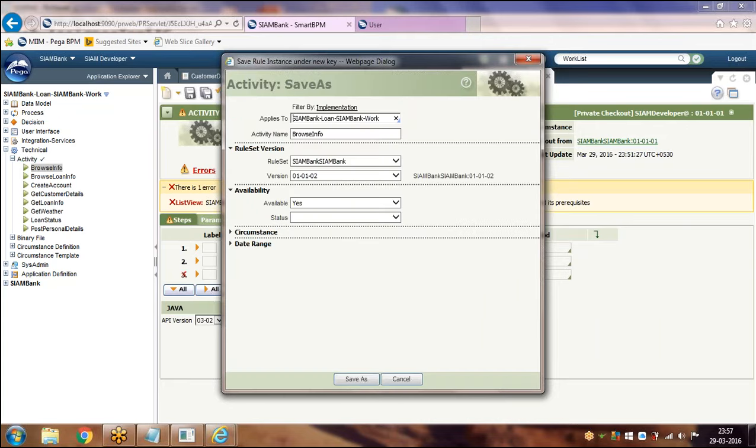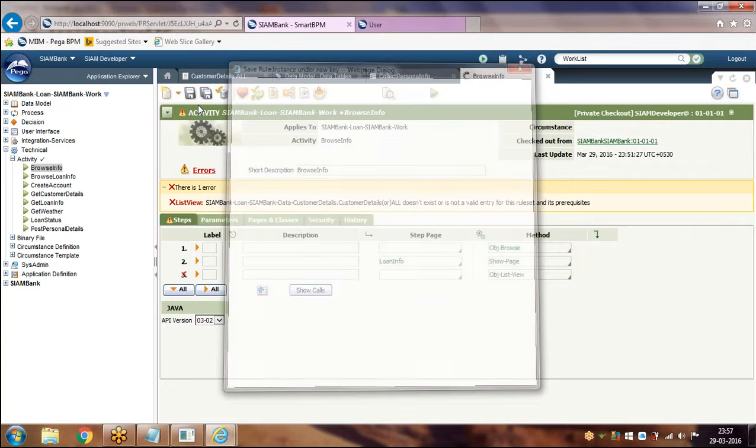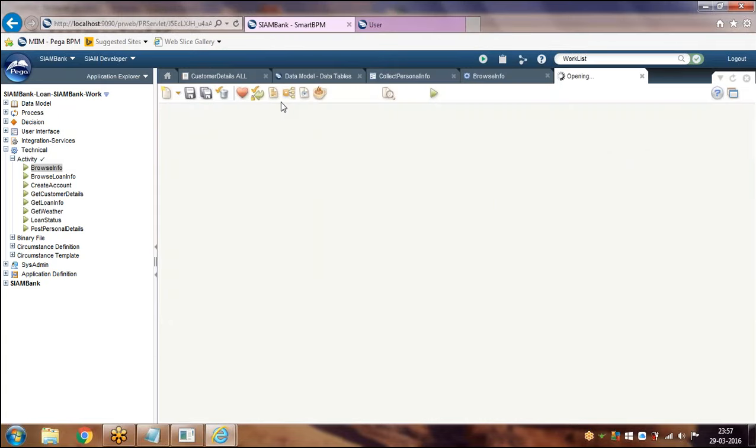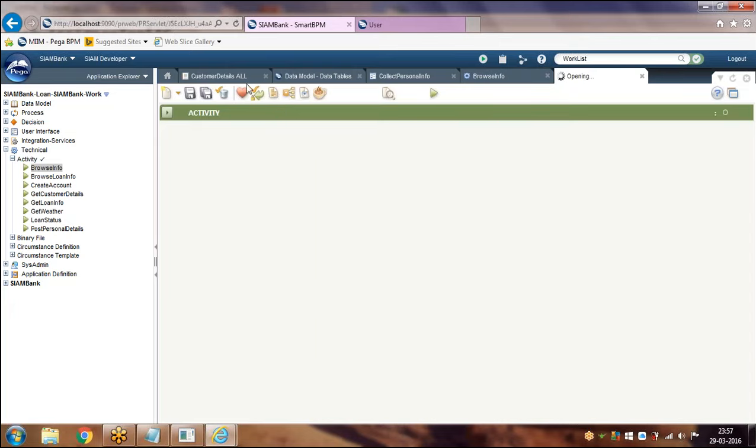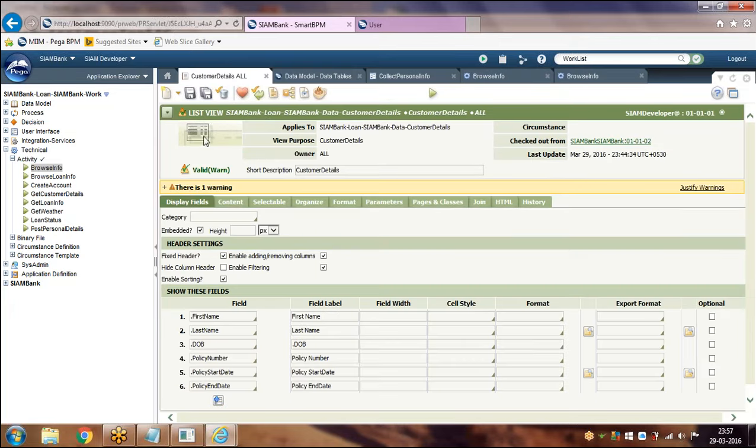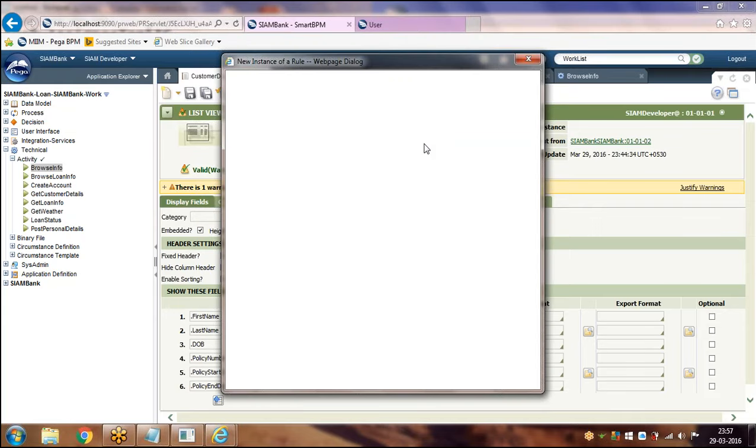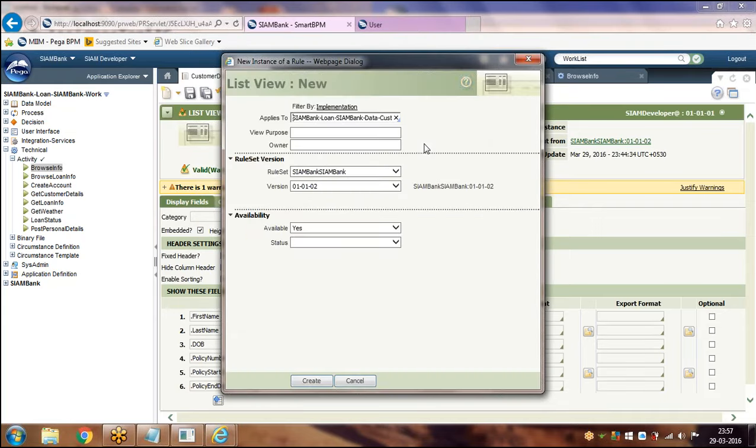So if you are having any doubt while creating the rule or anything, you can just click on help. I'm just trying to create a new rule. If you're having any doubts, just click on help.